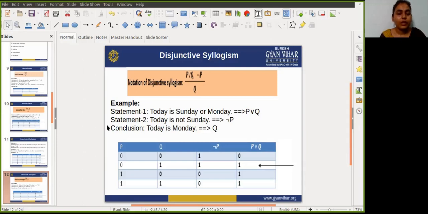Okay. So by using a truth table, we first calculate P or Q. In that case, we apply a conjunction rule on not P and the result of P or Q. So guys, in the first case, obviously the result will be 0, so let it be. In the second case, the result will be true, and we see that the value of Q is also true, right? Again for the third row, the result will be 0, so let it be. And in the fourth case, the result will be 0, so let it be, right?